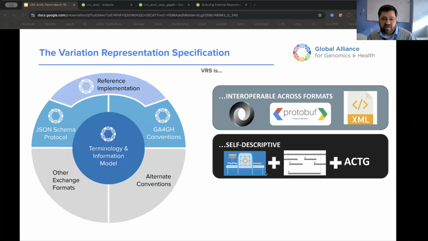of Verse. And first, Verse is interoperable across formats, so it works well with JSON, but it also works in, say, protobuf and in XML. It's also self-descriptive, right? That modular nature where we have these different components allows us to take this building block approach to building variation in a way that is understandable by machines and describes, and there are no assumptions or inferences built in, as you see in other common variant specifications where you have a more constrained